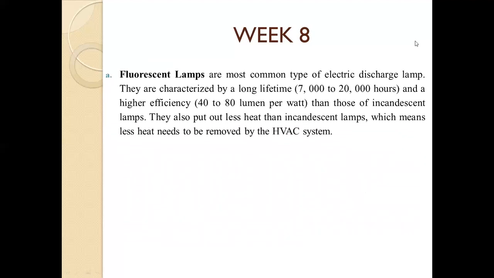So let's explain our first type of electric discharge lamp, which is the fluorescent lamp. These are the most common type of electric discharge lamp. They are characterized by a long lifetime of 7,000 to 20,000 hours and a higher efficiency of 40 to 80 lumens per watt than those of incandescent lamps. They also put out less heat than incandescent lamps, which means less heat needs to be removed by the